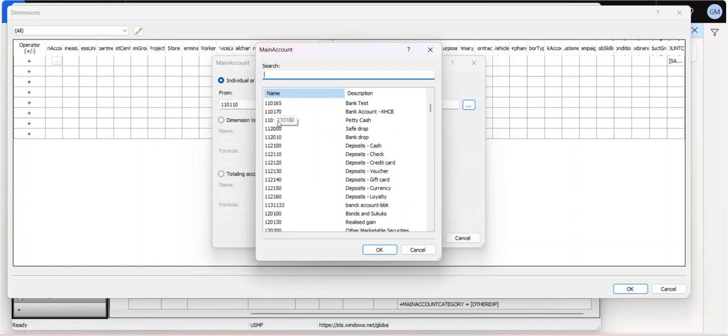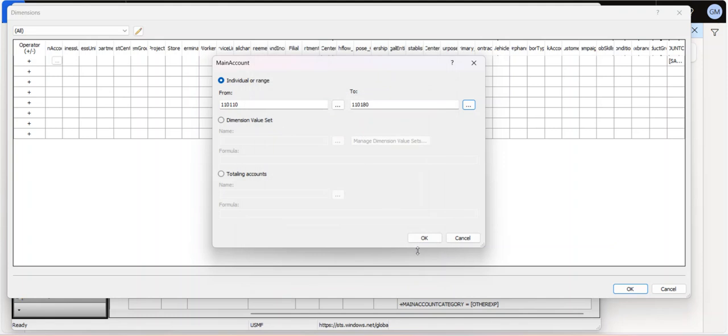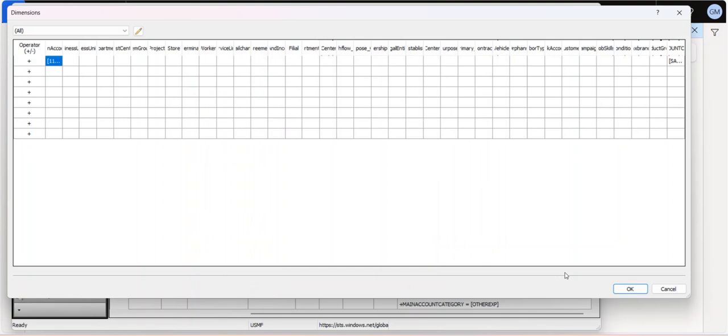So I'm giving up to 180. So this is one of my ranges. So if I click on OK, what will happen? In this particular range, if there is anything, it will be added